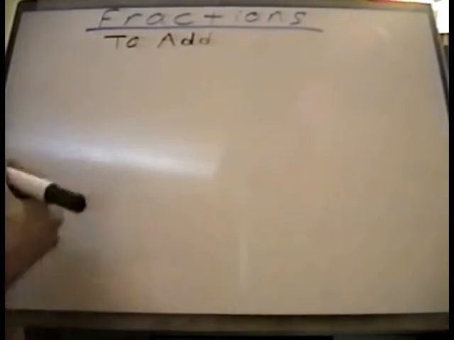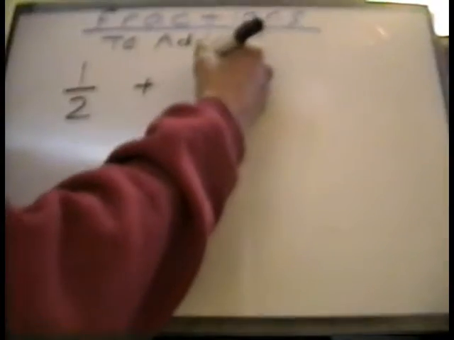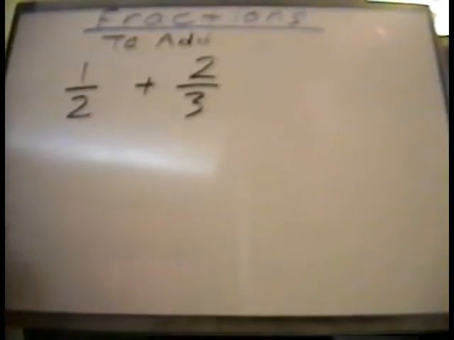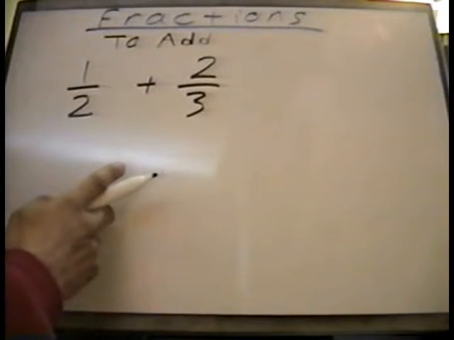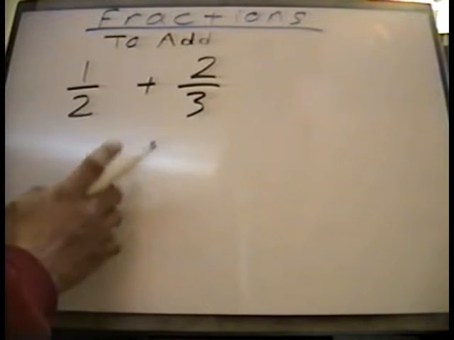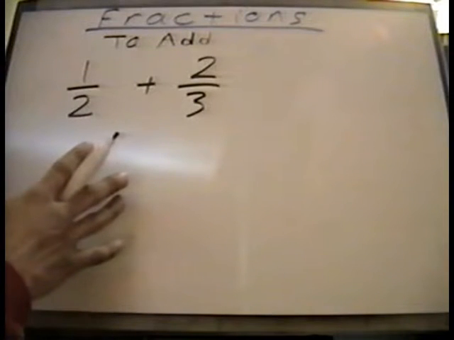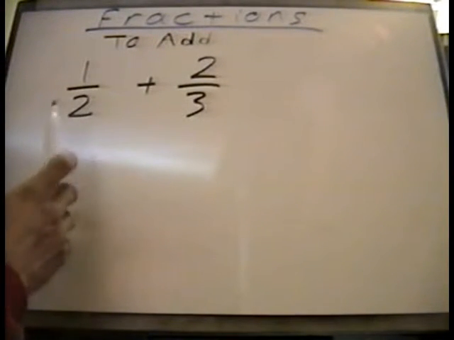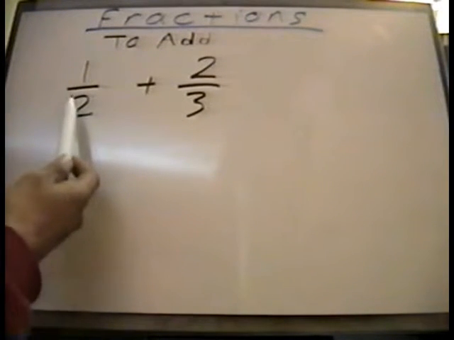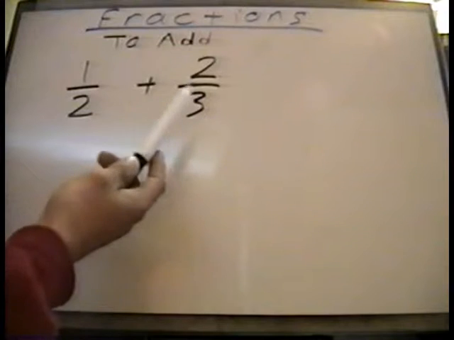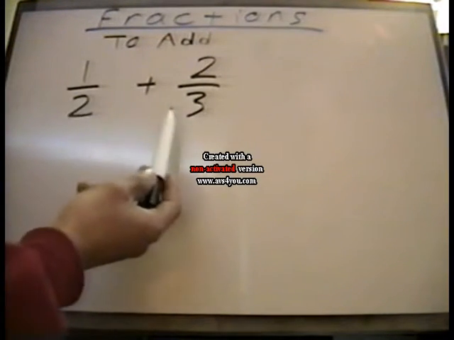Now if I have 1/2 plus 2/3. You see the denominators are not the same, so we must change them into like denominators. Now, we either do one of two things. We either change one denominator into the other so that this one equals 3, or so that this denominator becomes 2. But since these numbers are neither factors of each other,